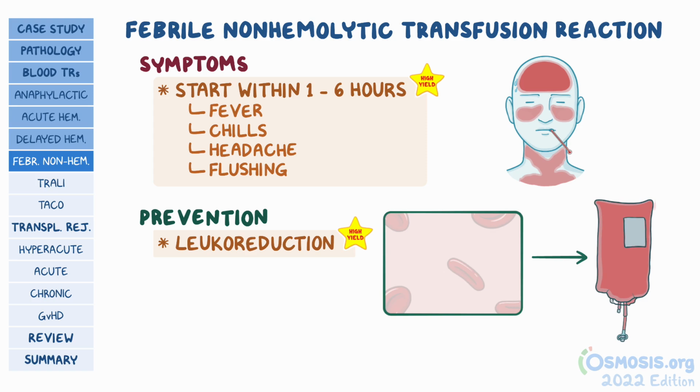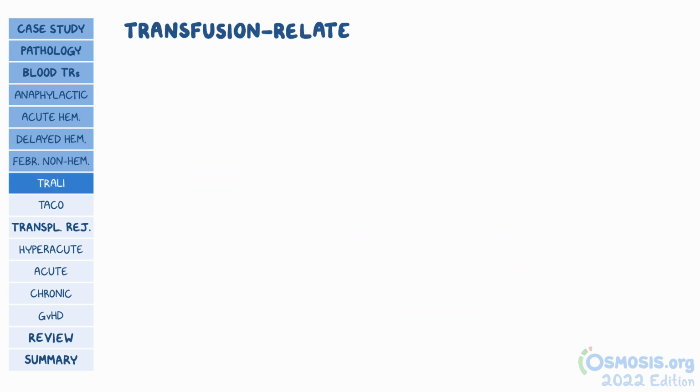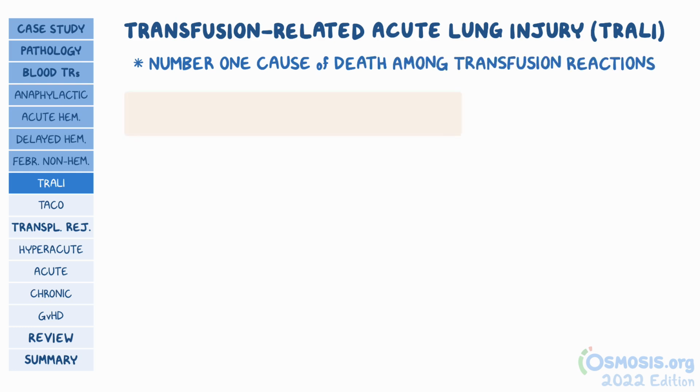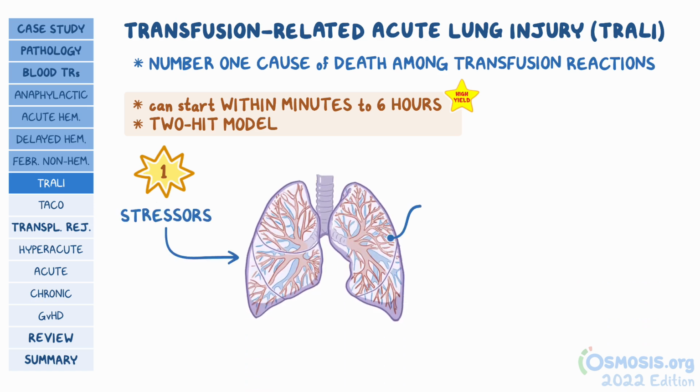Another blood transfusion reaction you should know for your exams is transfusion-related acute lung injury, or TRALI for short, which is the number one cause of death among all transfusion reactions. TRALI can start within minutes to 6 hours after blood transfusion. The underlying mechanism of TRALI can be best explained by the 2-hit model. The first hit occurs before the transfusion process, when any stressor, like sepsis, shock, or trauma,